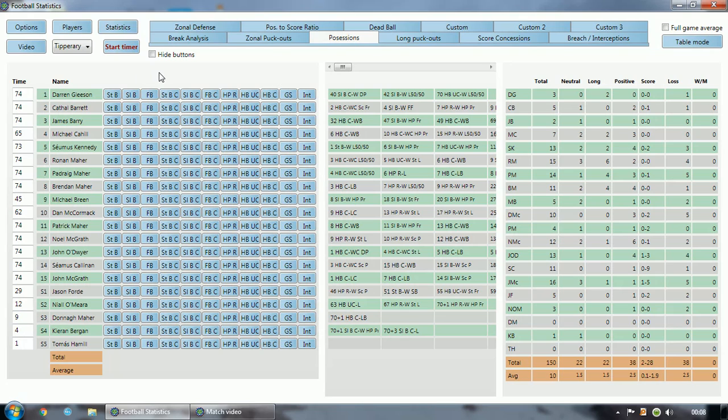Now, what you'll see is when you click one of these, we'll say still ball, you have the option that it was won or lost. If you click lost, that will be the end of that. There'll be nothing further to record. But if you click won,